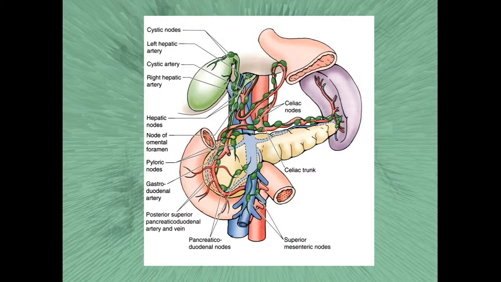So the pancreas, maybe you remember, has blood supply from two main sources: from the system of the celiac trunk via the superior pancreatic duodenal artery, and also from the system of the superior mesenteric artery via the inferior pancreatic duodenal artery. So, lymphatic drainage